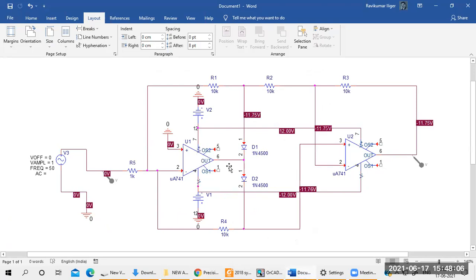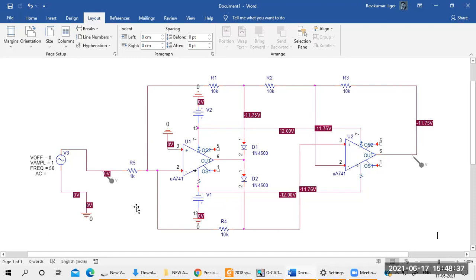The first op-amp is connected with D1 and D2. After that we have connected resistances here, 10K, and the bottom side also has 10K. Then I have taken feedback here, feedback for the R3 resistance. Next I have taken plus VCC and minus VEE, plus 12 and minus 12, for both op-amps. Again, I have taken the output from the summing amplifier. This is the output terminal.